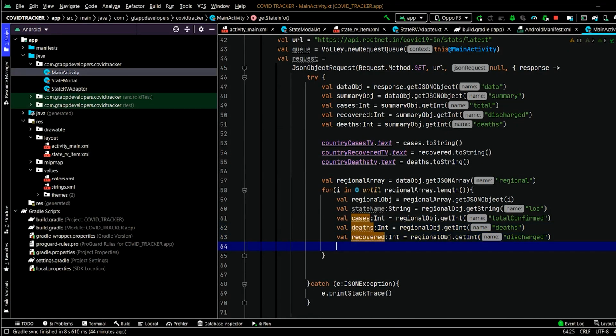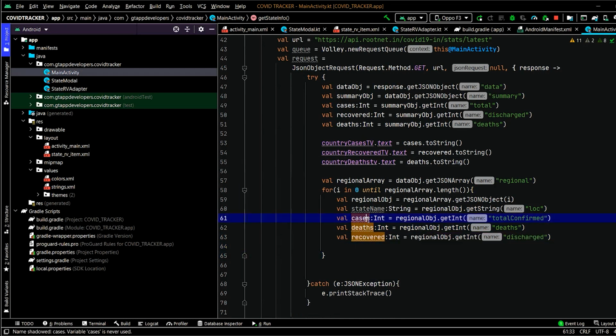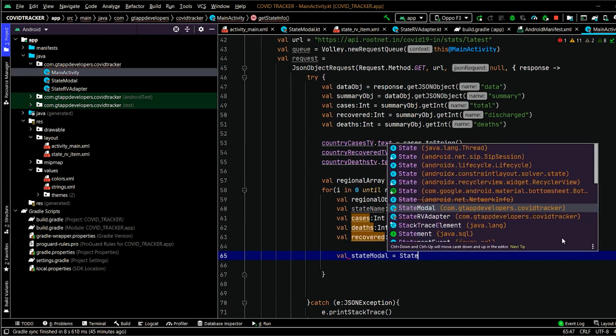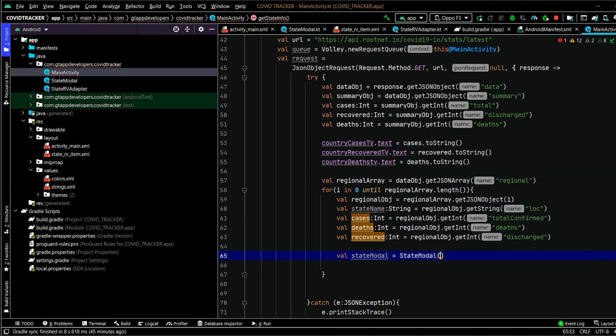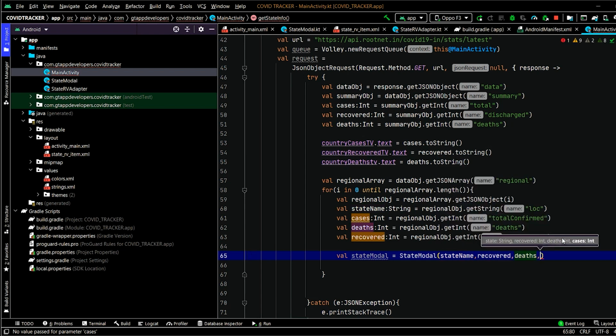After getting this data, we have to pass this data inside our model class. So for that, we will create a val for state model, and inside that we will pass first of all the state name, then recovered, then deaths, and after that cases.